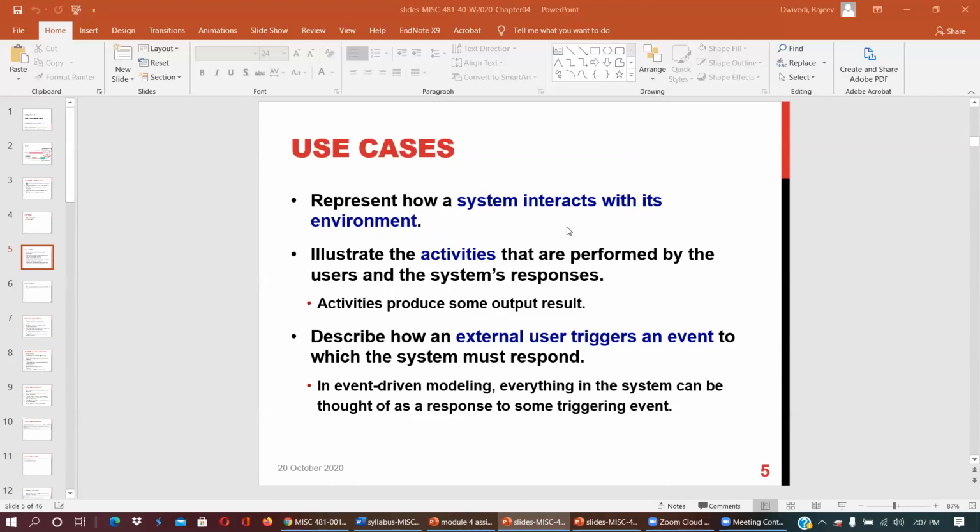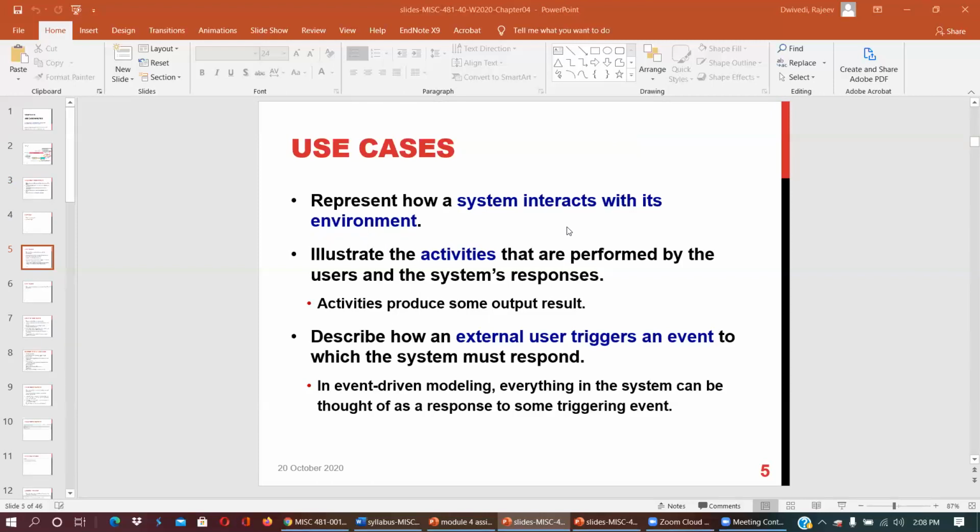A use case is how the system interacts with its environment. This is the purpose of a use case: it represents how the system interacts with its environment. It also illustrates all the activities performed by users and the system responses.